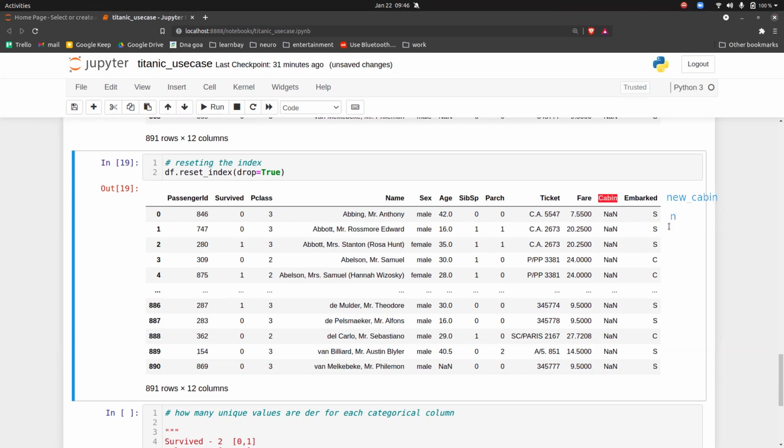Here also nan, so N. Here also nan, so N. Similarly, if we have some value like XYZ, the first value X will be the data. So like this, you have to make a new column and give new data here. The first letter of the cabin data will be the data of new_cabin. So the question is clear to everyone?